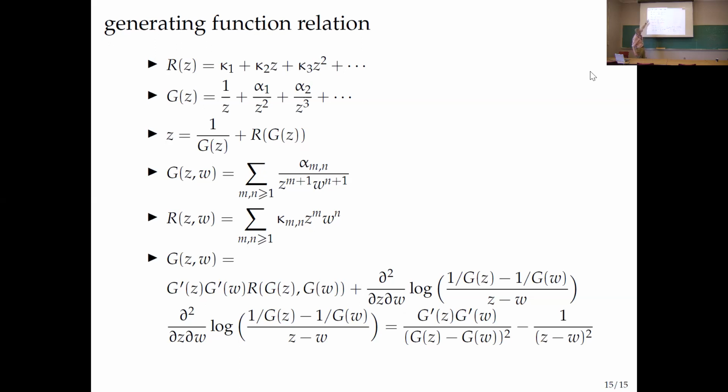R and G are each shifted, right? In G, the exponent of n of z is 1 more than the subscript of alpha, and it's the other way around for the R. So one is shifted one way and the other shifted the other way. Using the C and the M, we got rid of the shifting. That's another way of doing the same thing without doing all the shifting. Anyway, here it seemed better to do it this way. So this one is shifted and this one is not.